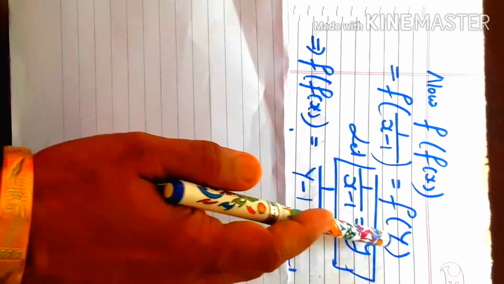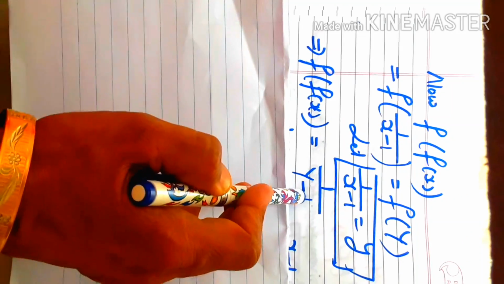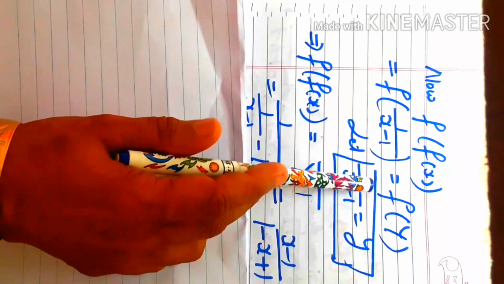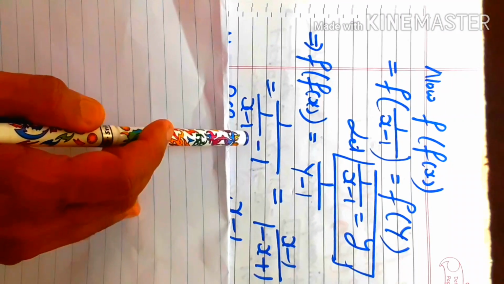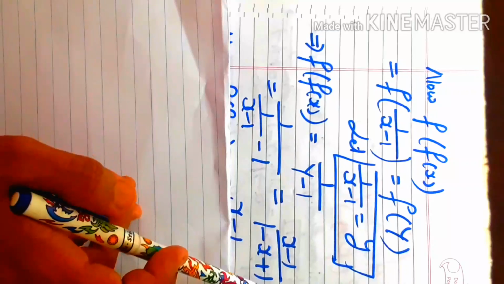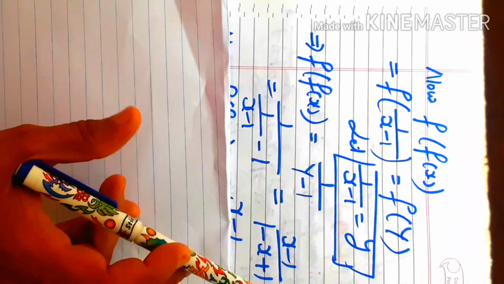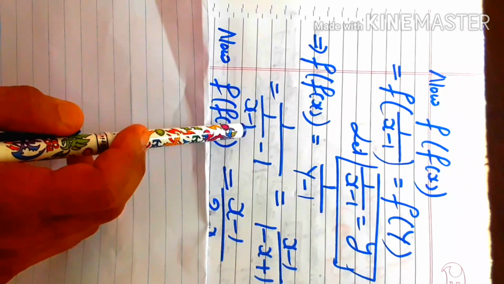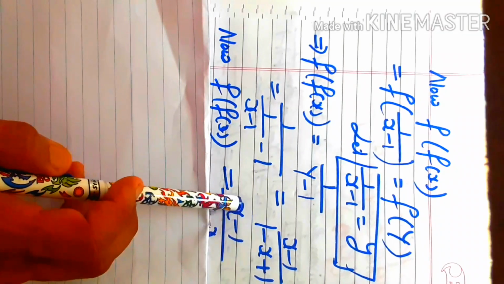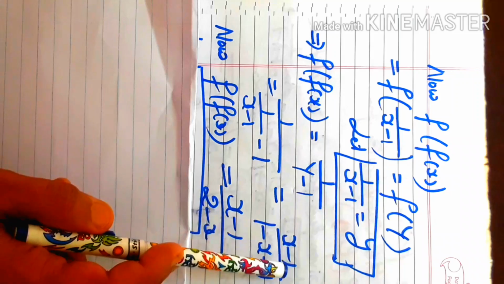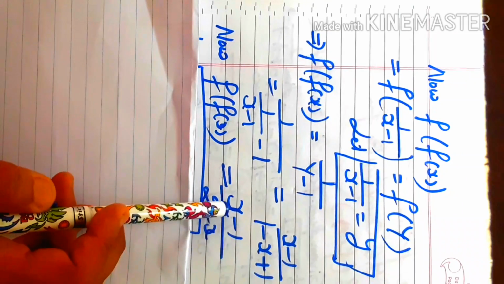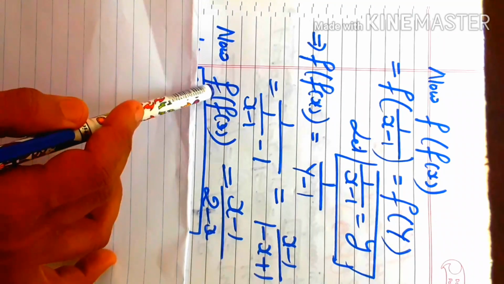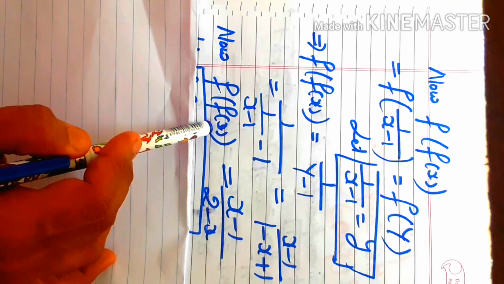So f of f(x) is nothing but f of y. So it becomes equal to 1 by y minus 1. And now let's check. Just put the value of y back here in the form of x. So we replaced y here, and after solving this, it has taken the form of 1 upon 1 upon x minus 1, minus 1. And when we solve this, we reach x minus 1 upon 1 minus x plus 1. It has become x minus 1 upon 2 minus x. Now this is the function f of f(x), the composition of these two functions.